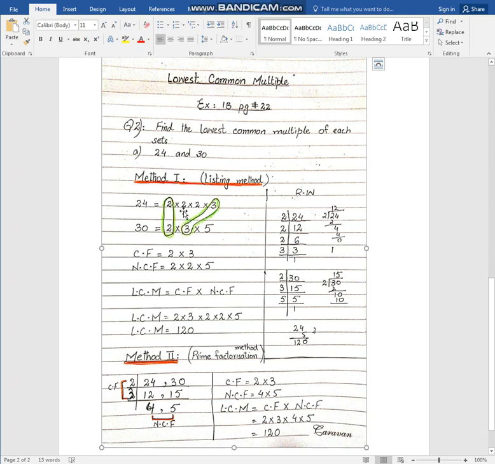Now we will see the turn of the next 2. This 2 of 30 has come into a pair. Here, this 2 has no matching 2. We will leave this 2 as it is. Move towards the next 2. Also there is no matchable 2 with this. We will leave it as it is. Now it is the turn of 3.